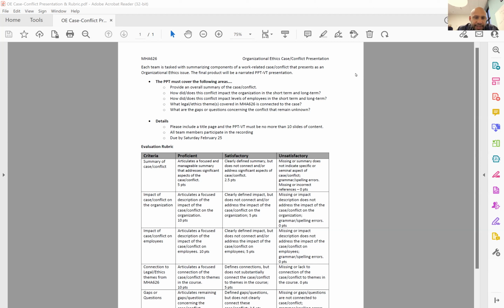Your task, first of all, is to work as a team and develop your case, the conflict, further into a voice thread in the form of a PowerPoint presentation that all of you are involved in, covering the areas indicated on the assignment.